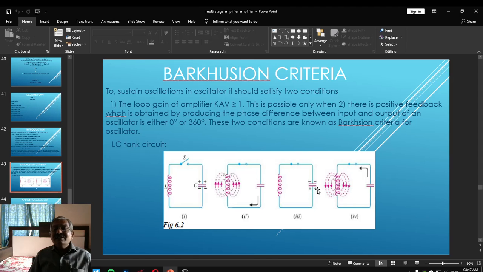But friends, the capacitor is still connected in parallel with the inductance coil. The switch is still closed. Now, assuming a charged capacitor, this condition is the same as that of figure 1. That is, a charged capacitor is connected in parallel with the inductance coil, only with the difference that the charges stored are of opposite polarity. Here the upper plate is negatively charged, whereas the lower plate is positively charged. Now the capacitor will again start discharging